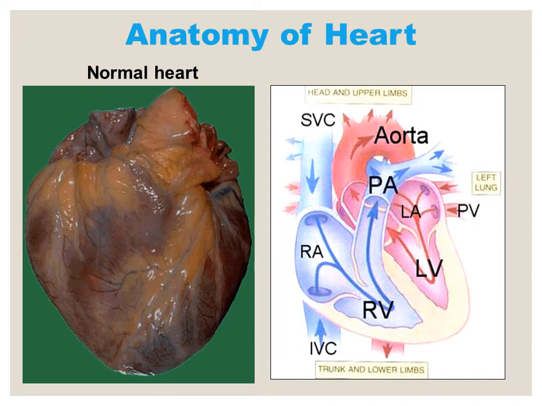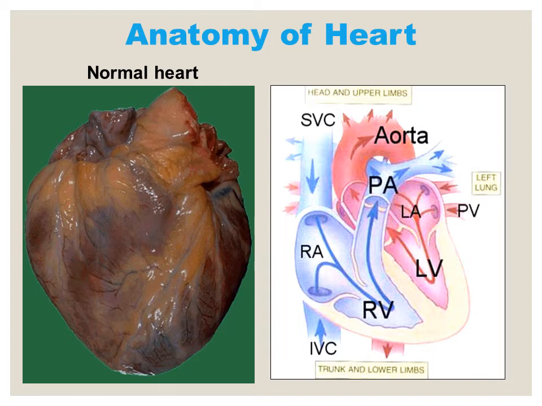On the left side of the figure you can see the gross photograph of the heart, and on the right side is the ultrastructure, showing the superior and the inferior vena cava carrying the deoxygenated blood, highlighted in blue, to the right side of the heart, comprising the right atrium and the right ventricle. After the blood passes to the right ventricle, with the help of the pulmonary arteries, it is transferred to the lungs, where the deoxygenated blood is converted into oxygenated blood,